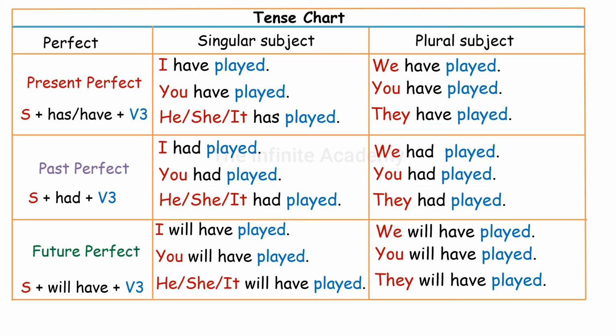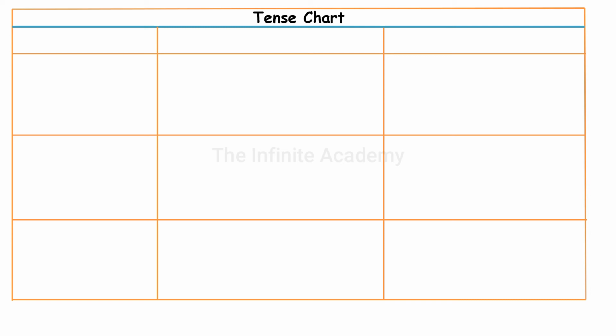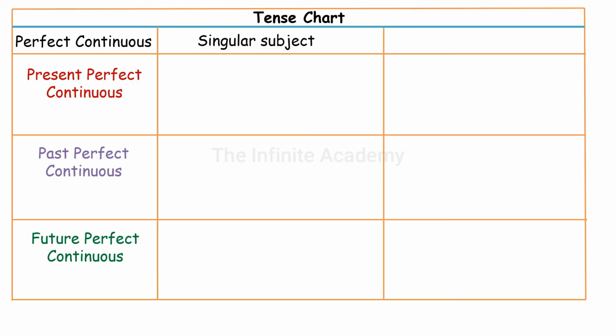Practice by making a lot of sentences with different verbs. Next, let us make sentences with perfect continuous form. There are three aspects: present perfect continuous, past perfect continuous, and future perfect continuous. The present perfect continuous is also called as present perfect progressive. It is a verb tense which is used to show that an action started in the past and has continued up to the present moment.